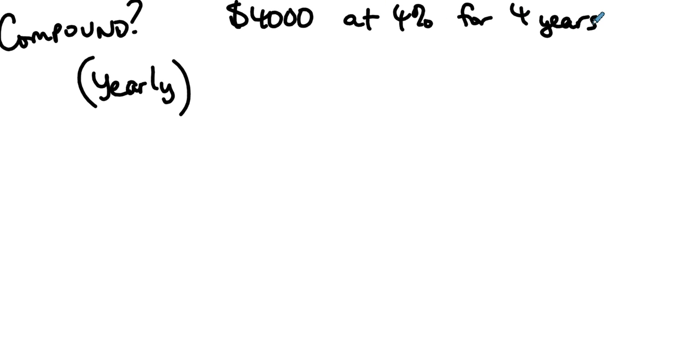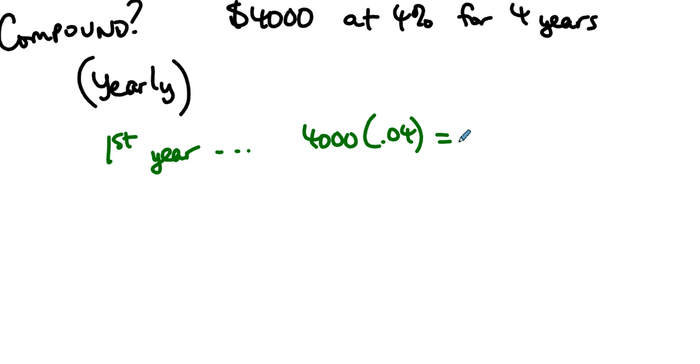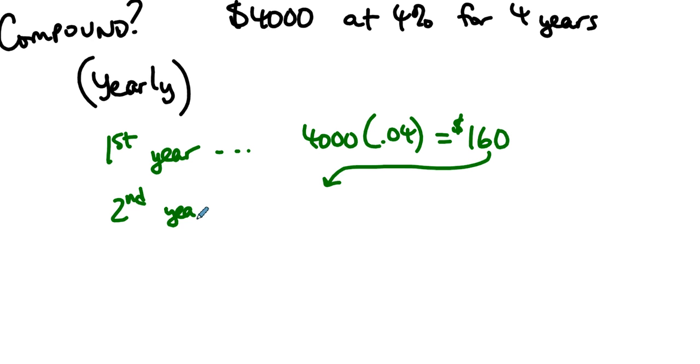So what does that look like if the interest is compounded? Let's say that we compound yearly. So you take that $4,000 and you invest it at 4%, and you do that for 4 years. Well, what really happens? At the end of the first year, you have $4,000 at 4%. That's $160. To compound the interest means that the bank adds that $160 to your account,